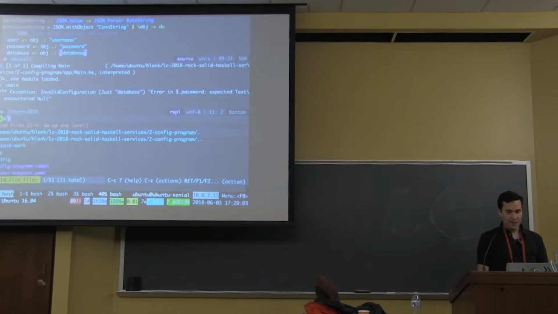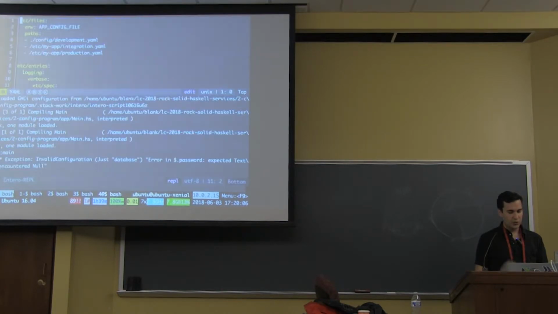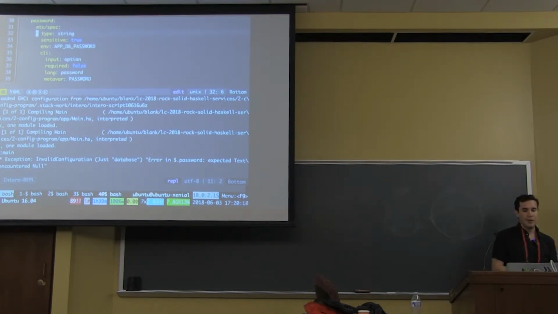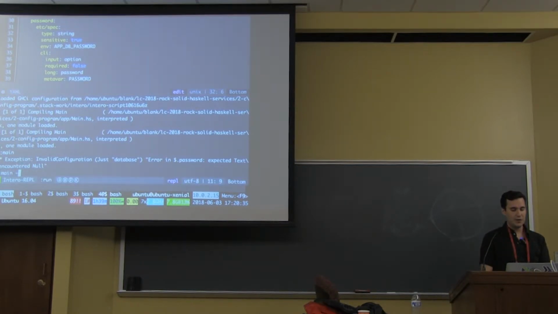Why do I have a null value? If I go to the config and go to the spec, well, first of all, I don't have any development.yaml. That's a first, right? And the database password doesn't have a default for a reason. So I have two ways to go about that. Or three ways. I could add an environment variable for app.db password, or I can add a password option to it. So let's just do that for now because it's the easiest. So if I do password ABC123,